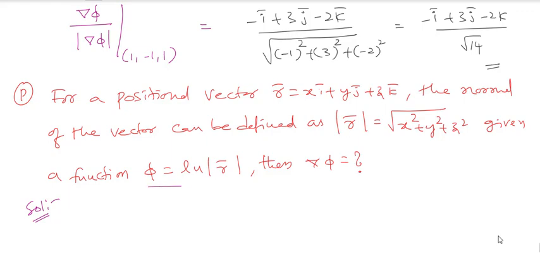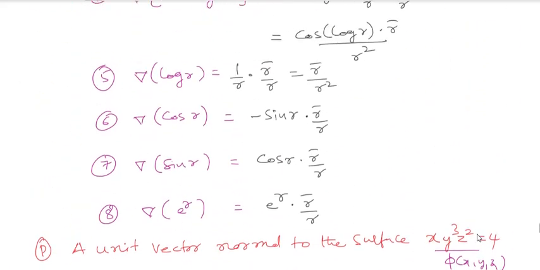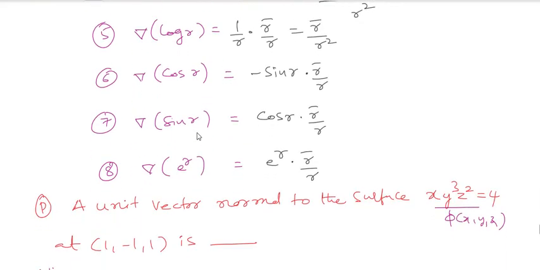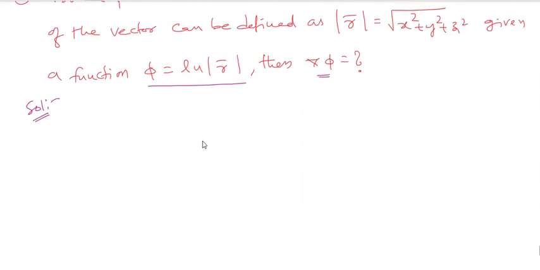So they have given that phi will be what? ln of r bar. This I already solved. If you check the note point I just gave you here, ln of r, that is a log of r. That I already gave. It is the same thing, only you will do it as that. Nothing more complicated here.